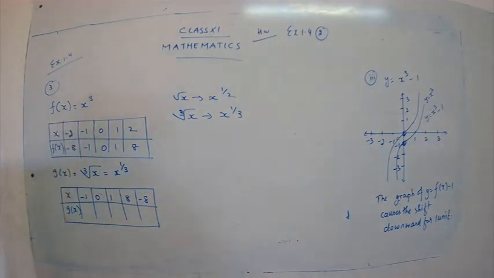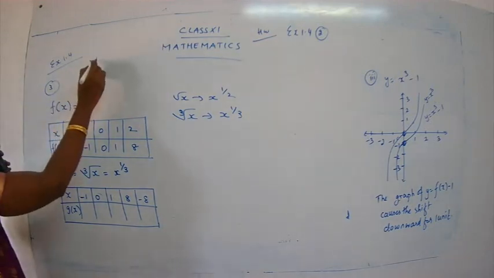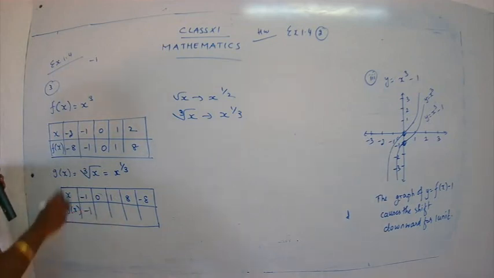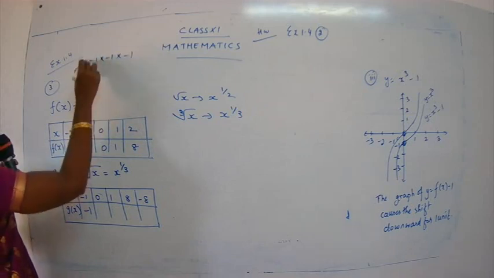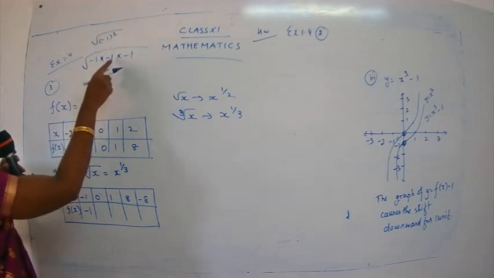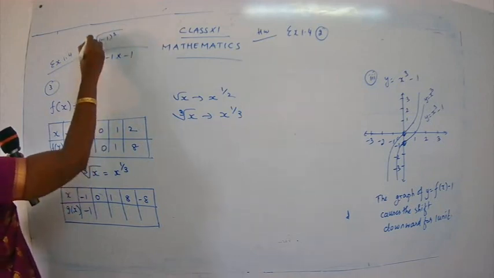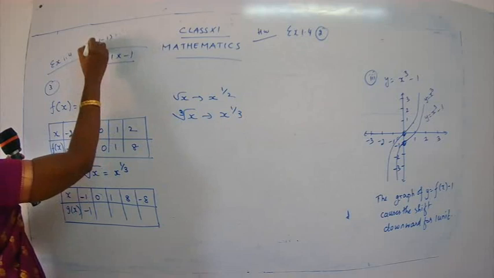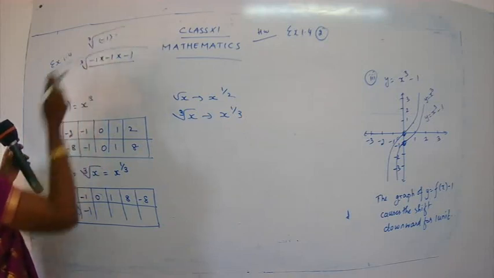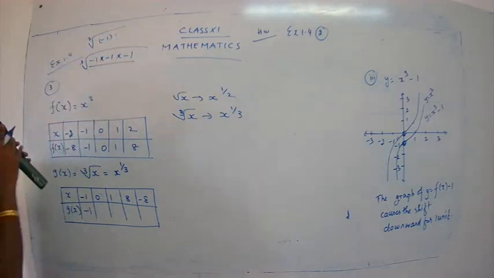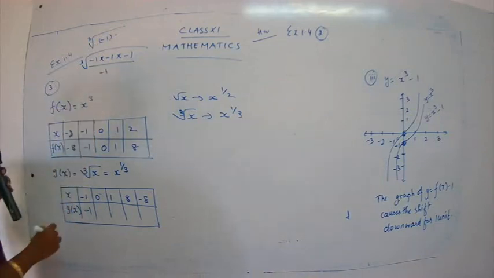Okay. What is cube root of minus 1? Cube root of minus 1 is minus 1. Minus 1 the whole cube is written as minus 1 into minus 1 into minus 1. So minus 1 can be written as minus 1, minus 1, minus 1. When you have to remove the cube root, from 3 you have to take 1. So the answer is minus 1.